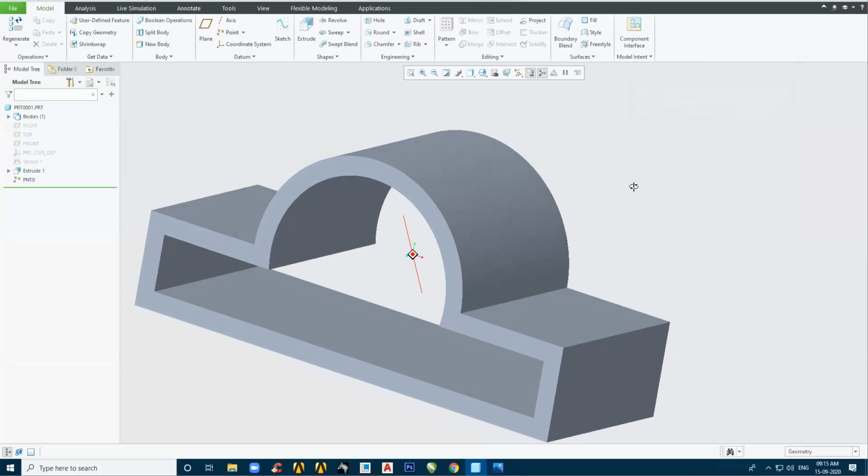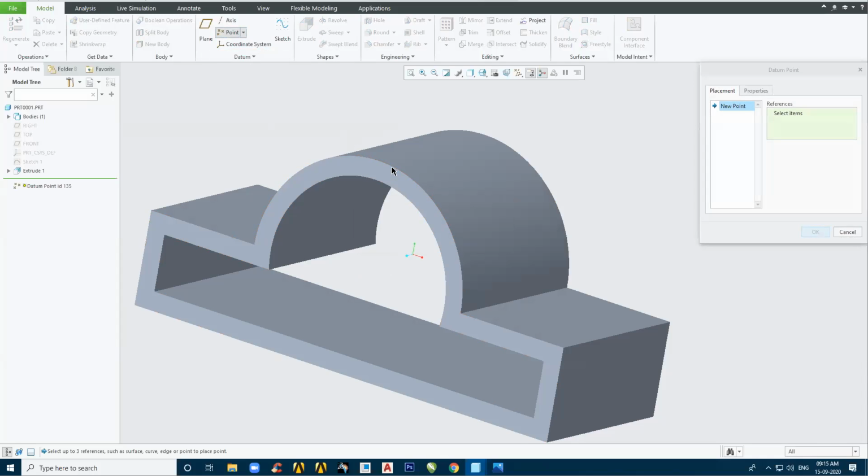Okay, see this. Understood what we did? You need to just select the edge, and after selecting the edge, if you want the point in the center, you can change this on to center, and directly it will come in the center. Now, what is this on?